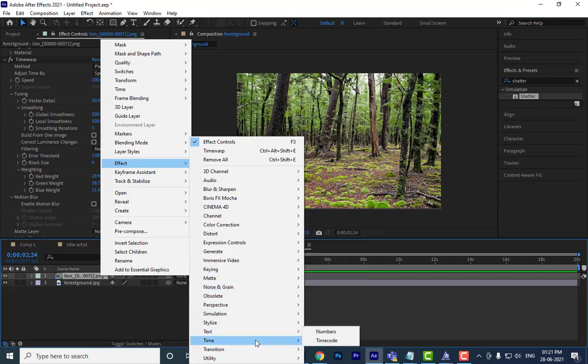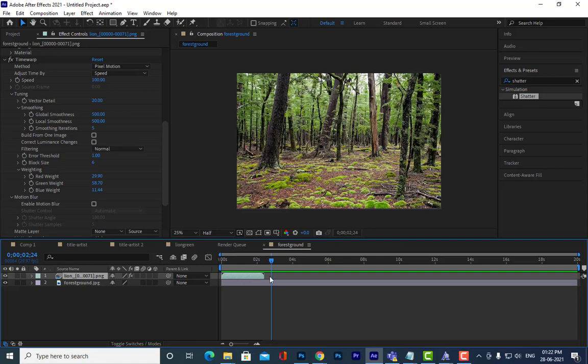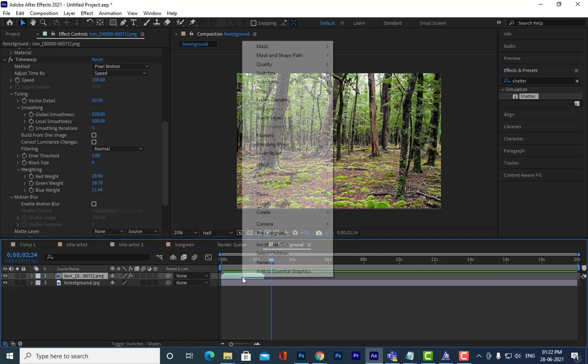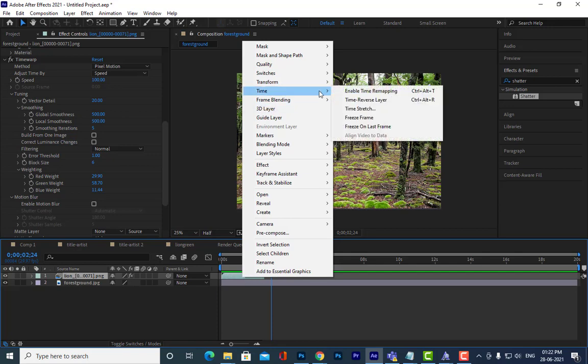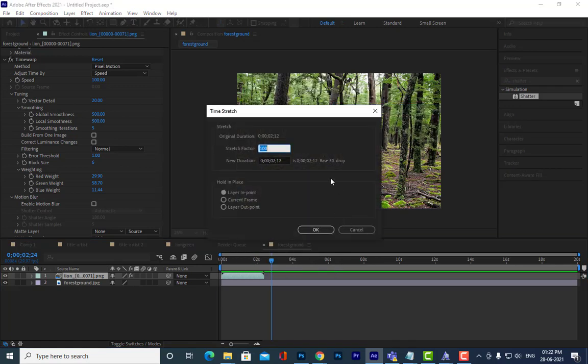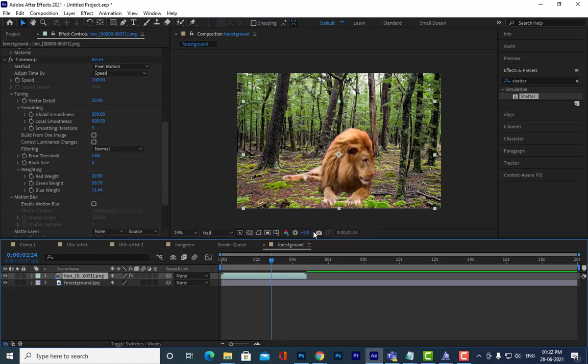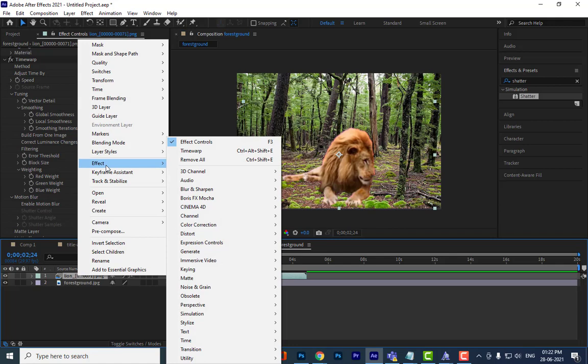They have just made something called time warp actually. What it will do is increase the size of this one. Are you all getting my point? Increase the size of the layer here. Time stretch. I think they have changed the name. Right, so it was not a time stretch in the older versions.